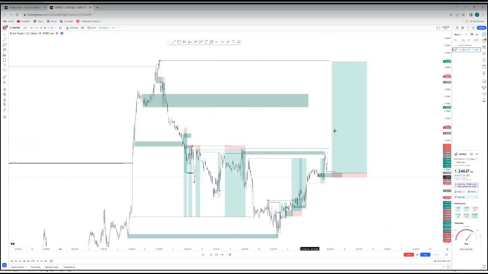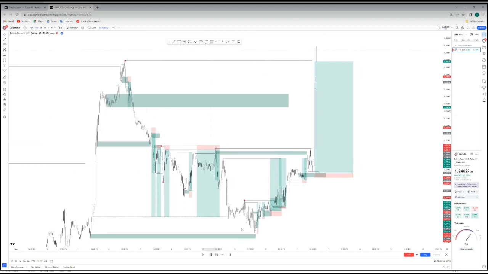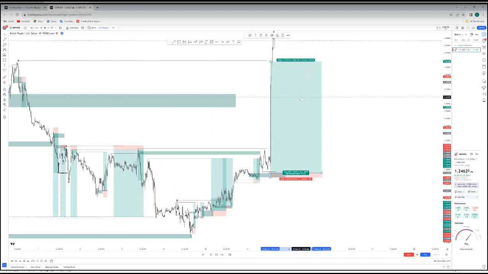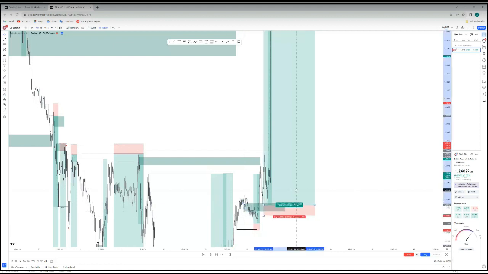So let's see. Now, as for me, if you have been following me for a very long time, you know what I do. My entry model is liquidity. I don't use point of interest. I don't use order block as entry model most times. Once I have my liquidity, I set my entry as my liquidity. So this liquidity is my entry. If I'm meant to even mark it out, I'll mark this Quasimodo area as my entry. But most times I use liquidity as my entry. So this liquidity is my entry, and